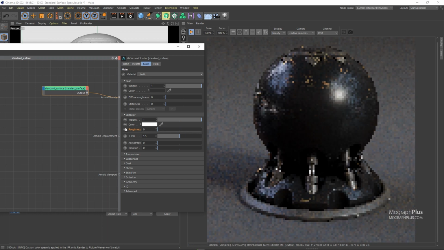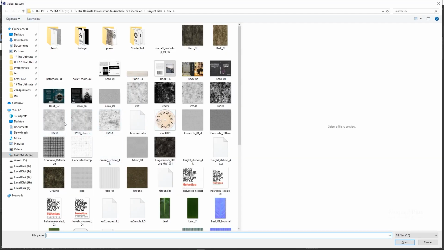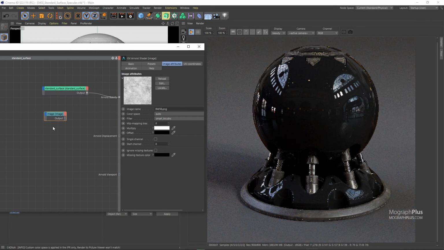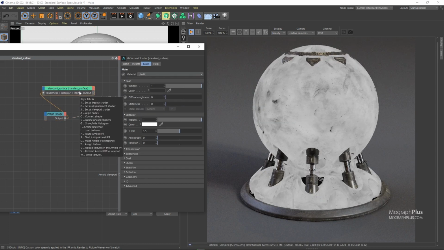Let's load this texture called BW38. I'm gonna set it as the beauty shader. This texture is mostly white, and the roughness value, if you remember, goes from 0 or black, which gives you sharp reflections, to 1 or white, which gives you rough reflections. This texture is mostly white with some dark patches. So if we connect this image to the specular roughness, we get very rough specular reflections with some sharp patches here and there. Let's connect this texture to the specular roughness